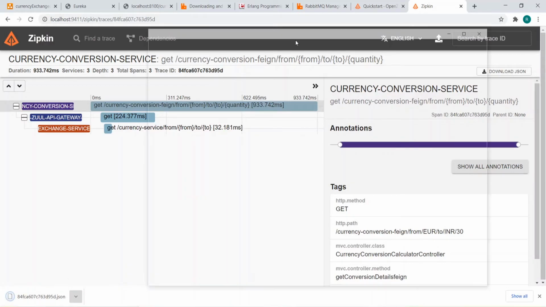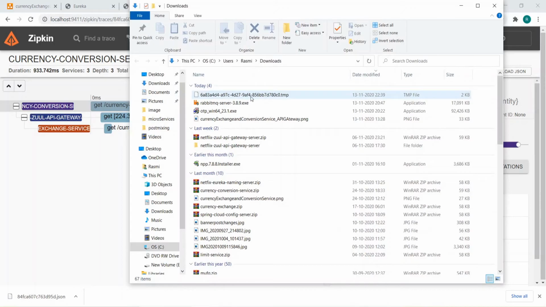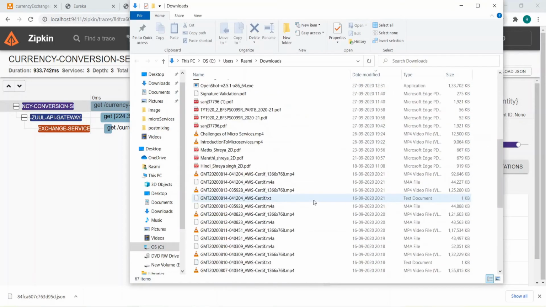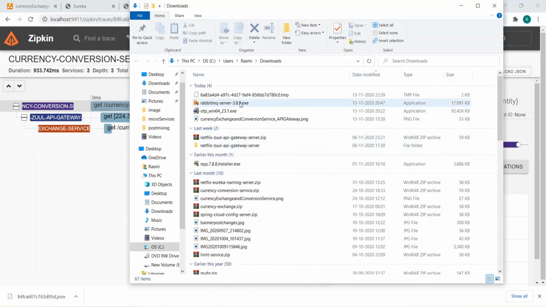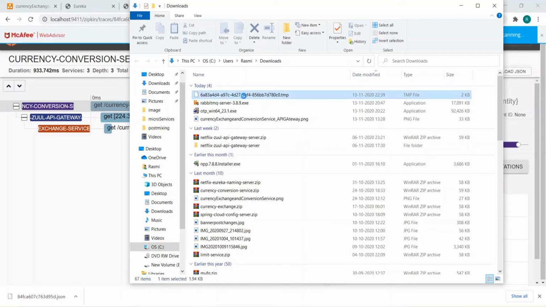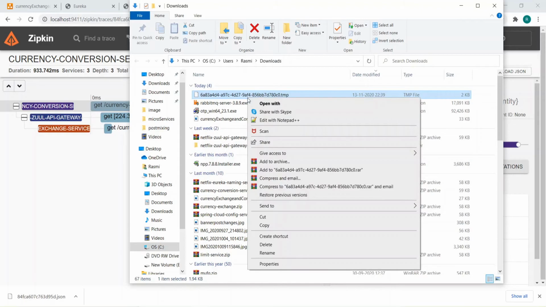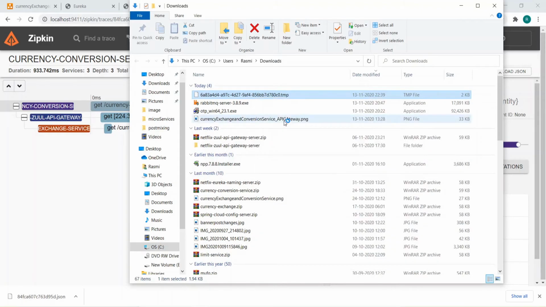So if you go to the folder, okay, and temp file, there is the file. So you can right click that, and try to open it in Notepad or Notepad++.